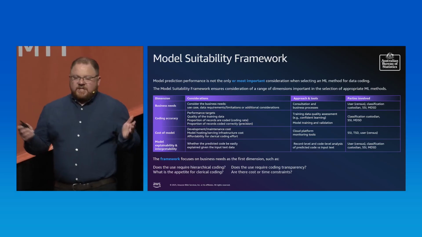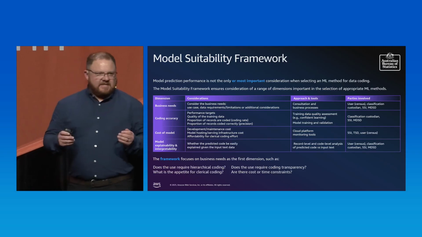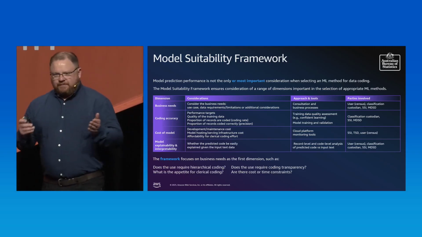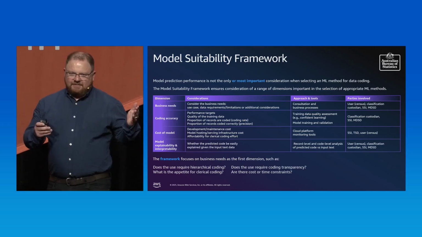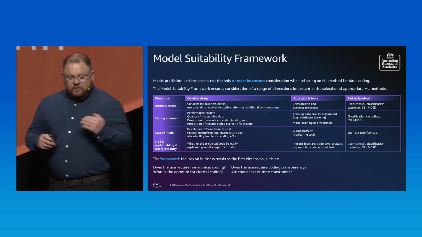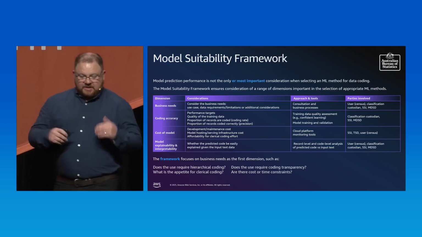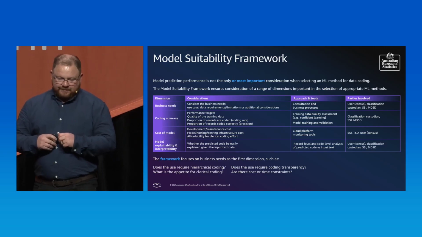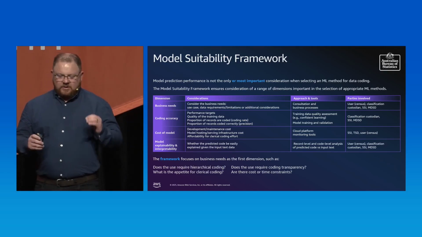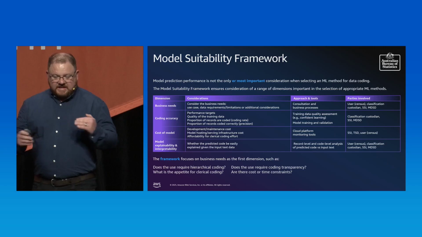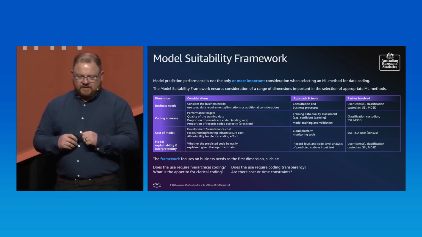So how do we know which method is right for our service and for what we're doing? Well, this was a bit contested in the ABS because of those range of benefits and disbenefits, some people prefer one method over the other. So we needed a construct to help us make that decision and to actually be able to structure. So we created a model suitability framework. The model suitability framework recognizes that model performance is not the only consideration, but the business case and those additional factors need to be brought into the decision-making process.